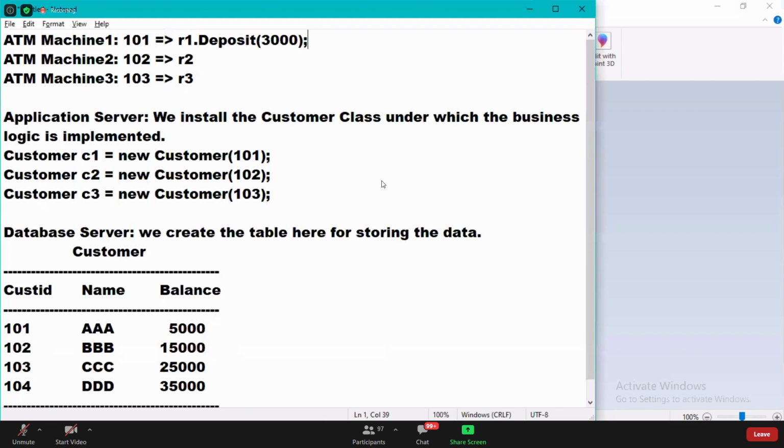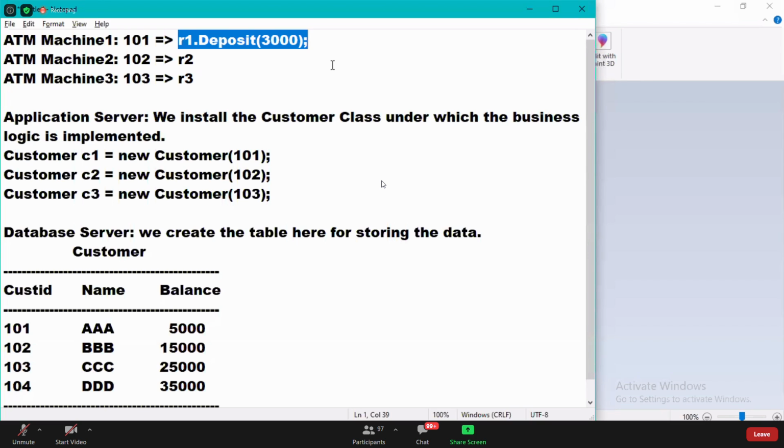You'll ask me, sir, how will the client call the method? This is the logic that is present under the click of the buttons. In the ATM machine, you click on the deposit button, and it asks how much you want to deposit. 3,000 rupees you want to deposit.